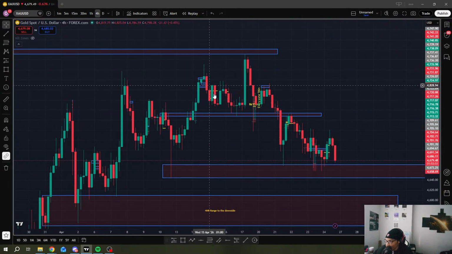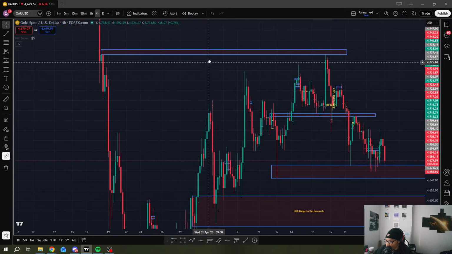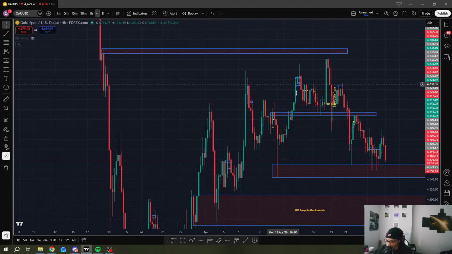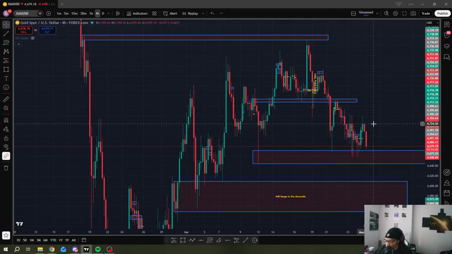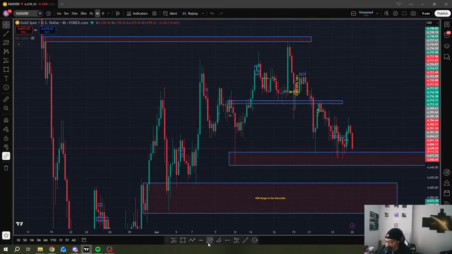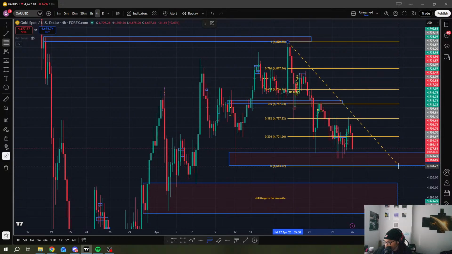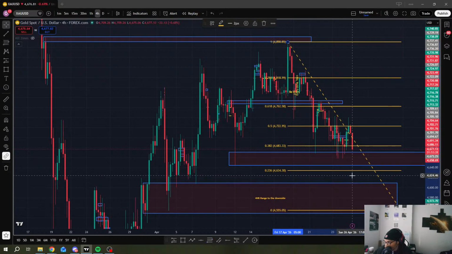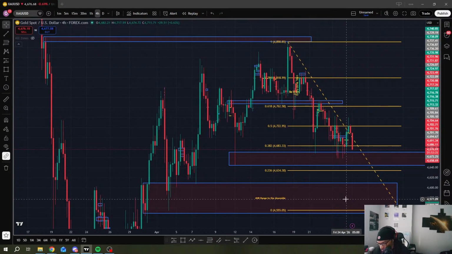We broke past it, but again, we failed to break past these highs here. So these highs are a very important area, and now we're just rallying inside of this range. Price doesn't really know what it wants to do on either side of the spectrum, and so we want to wait for price to come to us. And so if you look at the 4-hour fib structure, nice little 4-hour fib. We got a nice little 4-hour structure here.